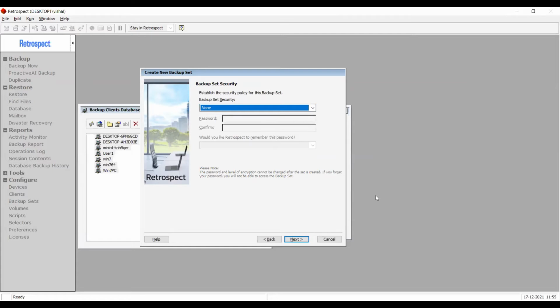So there are a few more questions. Let me see if they are relevant here, or if I can address them later. Can we integrate a third-party key management server to store encryption keys? No, you cannot be integrating that. You can use a third-party tool to remember and manage your passwords, but the Retrospect application will not be talking to that third-party tool directly. There will be a user intervention required.